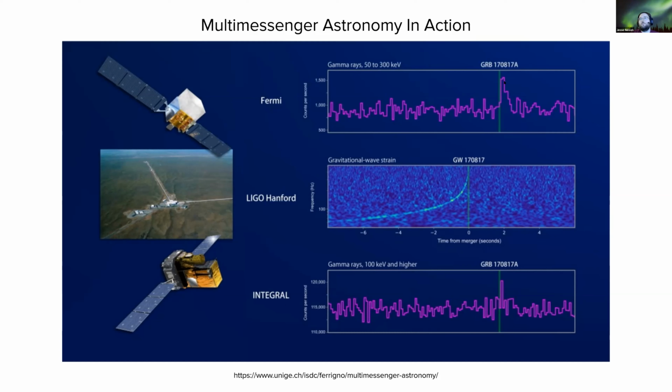You see the corresponding peak here, which is just the gamma ray burst detection that's associated with the same event. And you also notice that there's a time delay between the two, which can convey one of the advantages of multi-messenger astronomy. Because, like I said earlier, astronomy was traditionally done in light, and light interacts with matter. In this particular case, you have a lot of matter in that system when the two neutron stars are merging together. And when that event happens, the light has to propagate through that system before it can leave out into space and arrive at us. And that's what's causing this little time delay here.